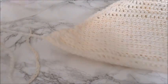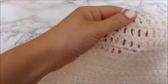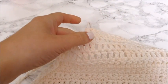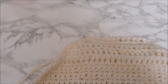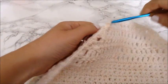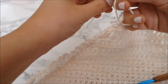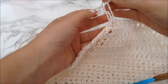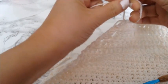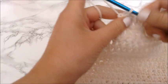So now that I have the 2 bottom straps finished, I am just going to do the same exact thing to the top. So I'm just going to thread through, string, tie it with a double knot, and then chain my 2 top straps. So I'm just gonna finish these real fast, and then I'm gonna get started on the